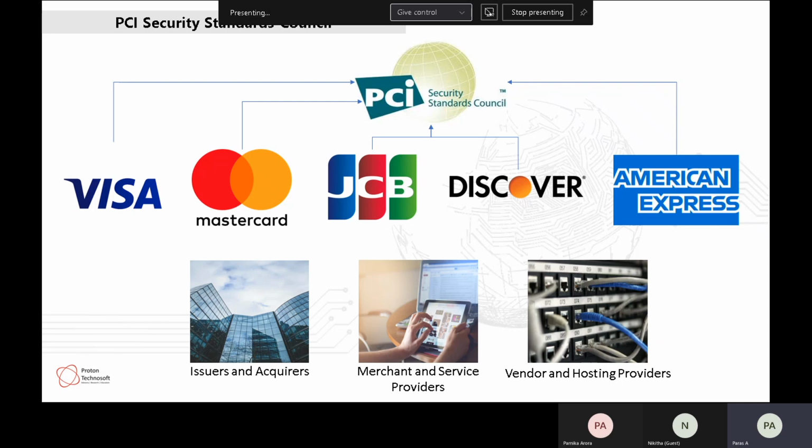So it flows through a certain channel before the receipt or the confirmation comes out of the terminal, or till the time I see a confirmation on the web page. So these are merchants, acquirers, and the issuers. Now there are entities which are also called service providers. Service providers are the entities which support either the issuers or acquirers or merchants or payment brands. So they are the service provider.